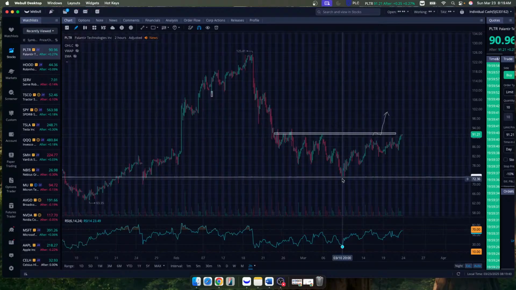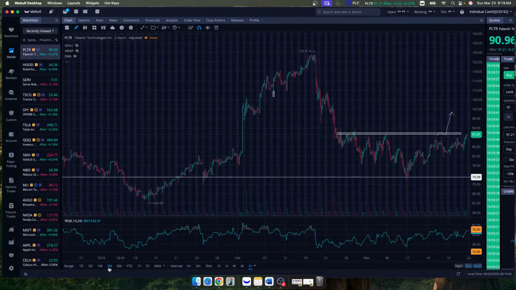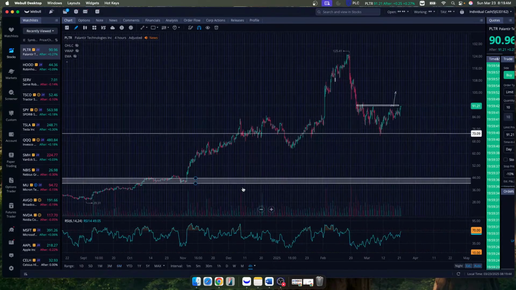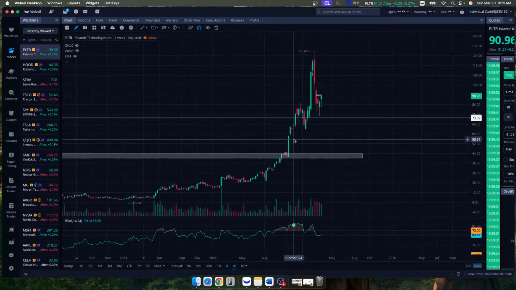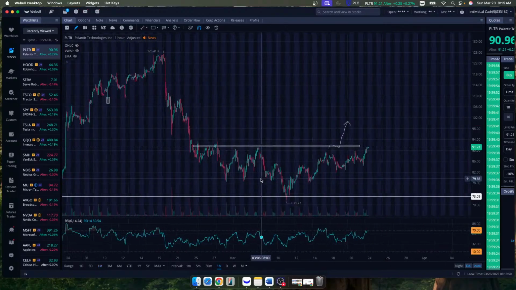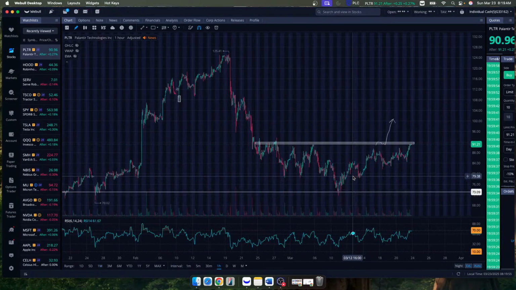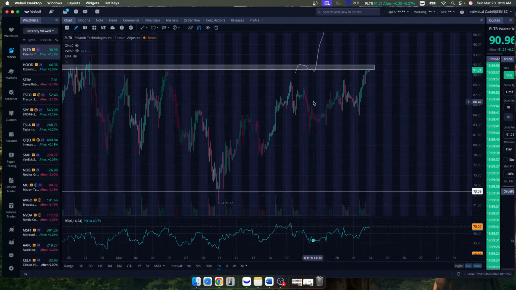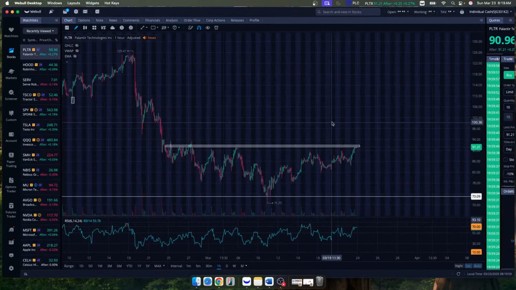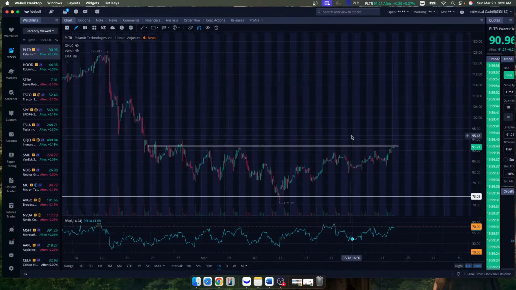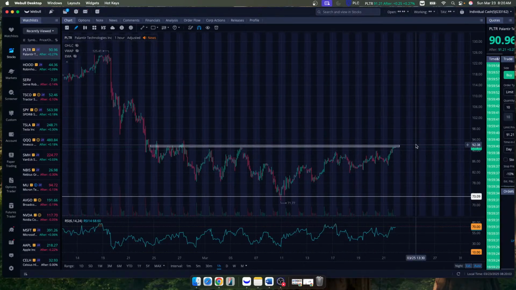We're going to get that cup and handle potentially. Sometimes when you get a massive move like this, where it just goes up to the moon, and now when you look at the 1 month, you can see right here that it is retesting this previous resistance level. So now we just need to see, are we going to break above this level? Can we get PLTR? If you can hold this 92, I think it's safe to look for a move back up. I would definitely be cautious though.